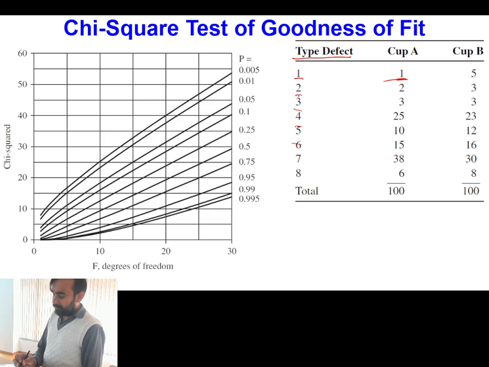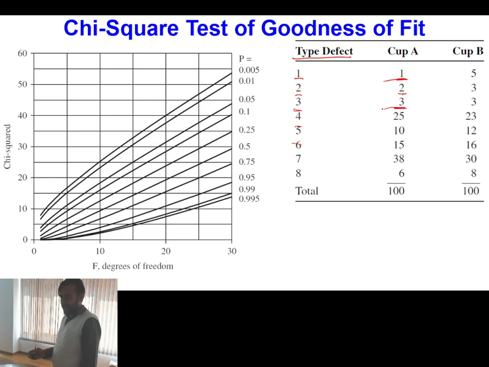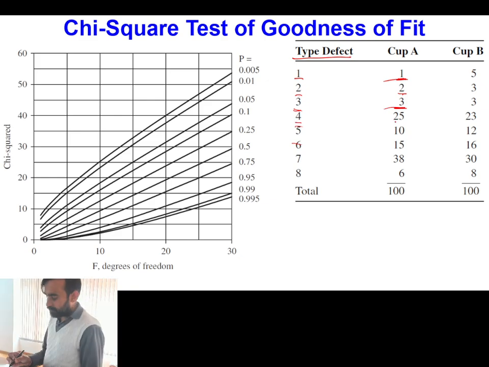Second type of defect is present in 2 cups. Third type of defect is present in 3 cups. Likewise, fourth defect is present in 25 cups. Fifth defect is present in 10 cups. And accordingly, the number of cups having this particular type of defect for category of cup B is also given